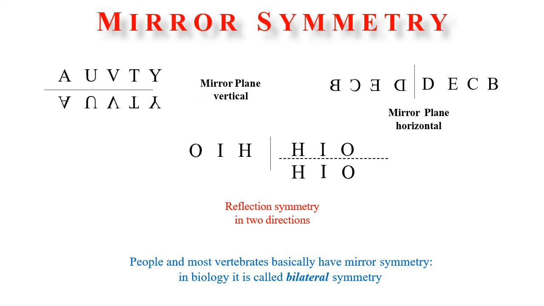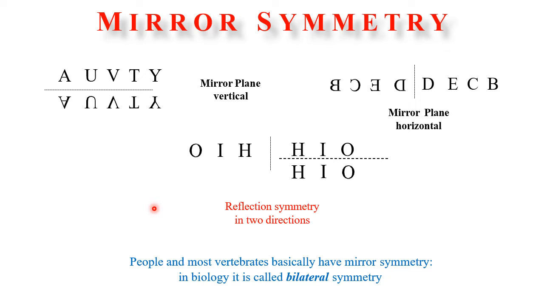Now mirror symmetry. Mirror symmetry is when you see the symmetry in objects, just as we see ourselves in mirrors. You can see that these words are being reflected through a mirror and you are getting an inverse image of these particular objects. So this is mirror symmetry. This is mirror symmetry in a vertical plane and this is mirror symmetry in a horizontal plane, and here these two are together. The same thing is being formed in a vertical mirror or in a horizontal mirror.